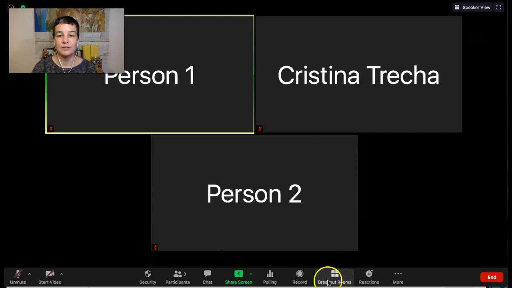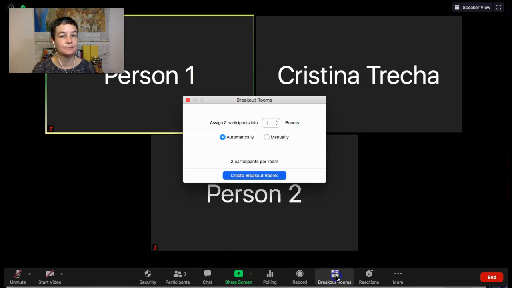My mouse goes down to the menu that the host has, and I hit breakout room. This is what you're going to see. You can either assign breakout rooms automatically or manually. Automatically means that you choose how many rooms you want, and it will tell you how many participants that means per room. And then they'll assign people randomly. Or you can do it manually and put the people in the rooms that you want to be collaborating in